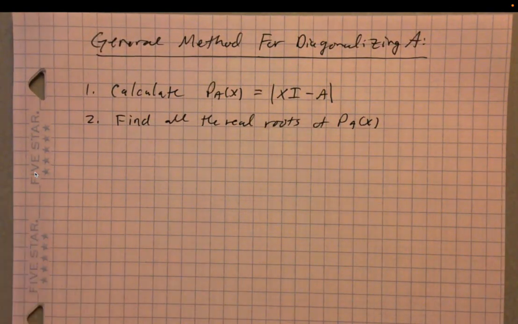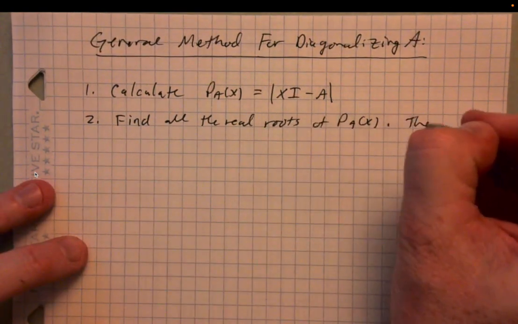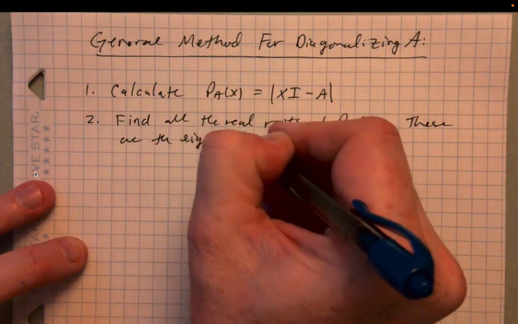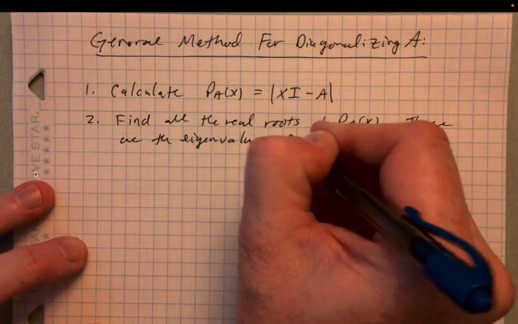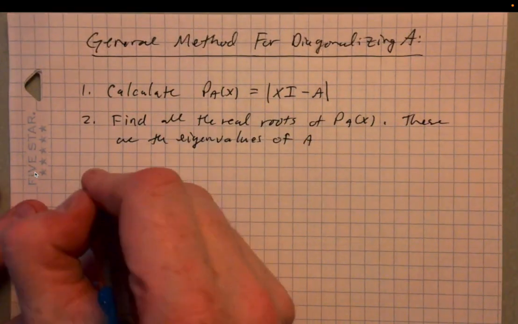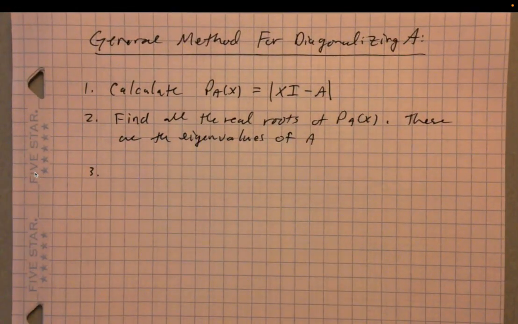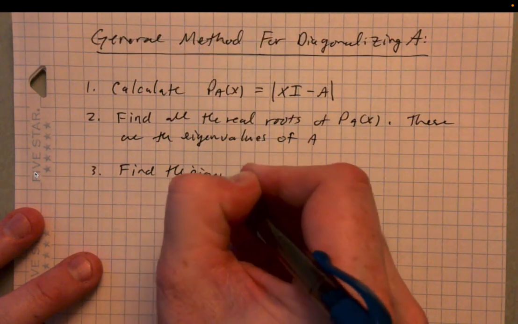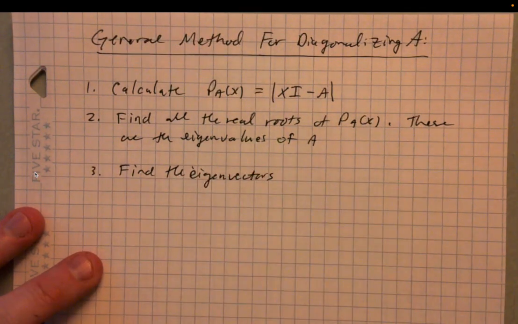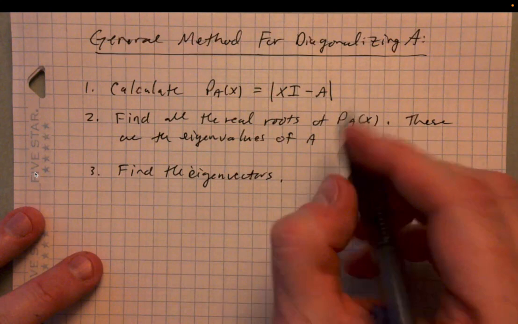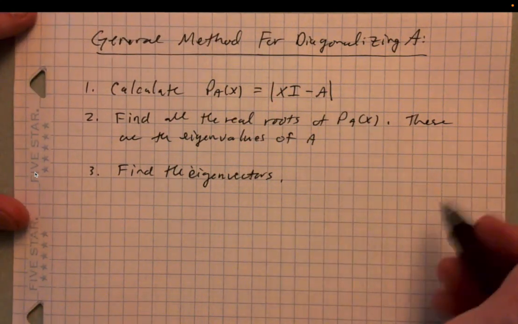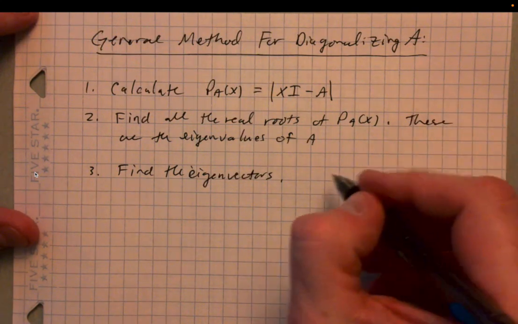Okay. Right, so find all the real roots. These are the eigenvalues of A. Okay. Step 3 then, we need the eigenvectors. Find the eigenvectors. So you'll have to iterate, right? You'll have to go eigenvalue by eigenvalue, but for each